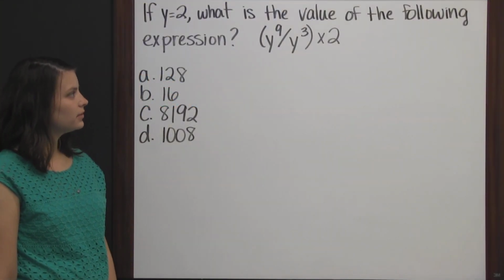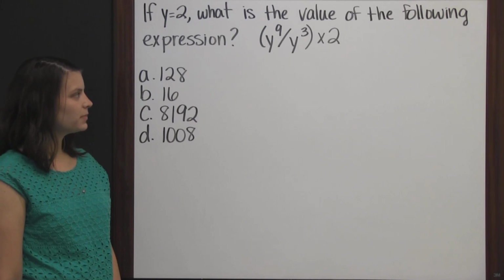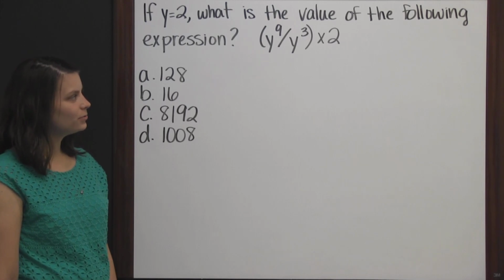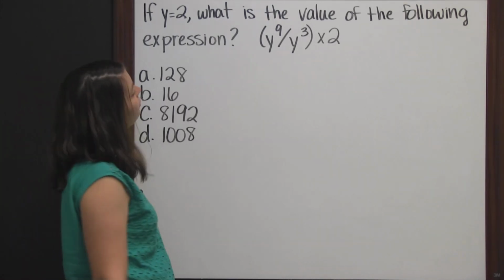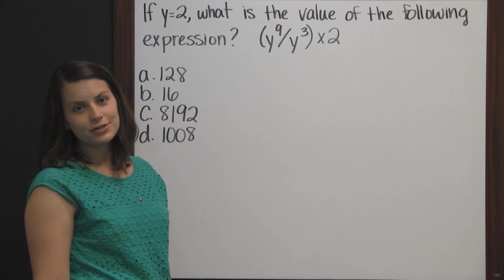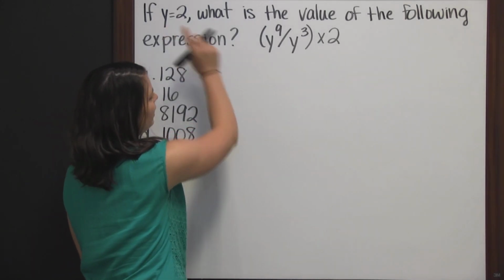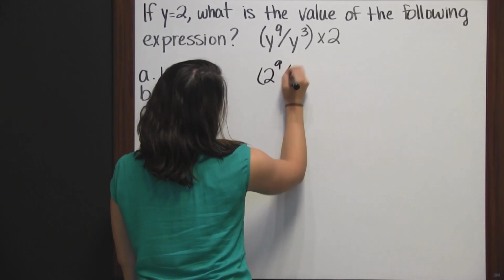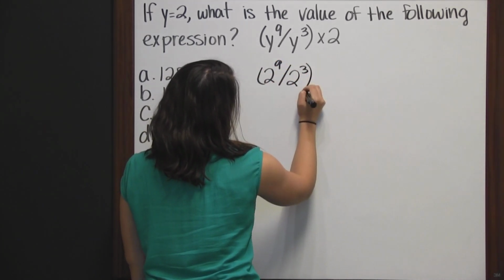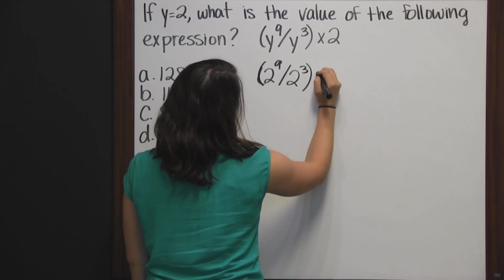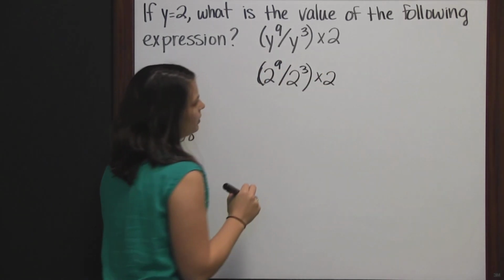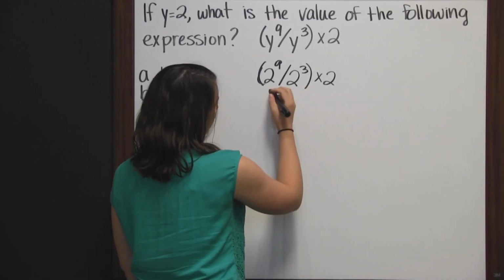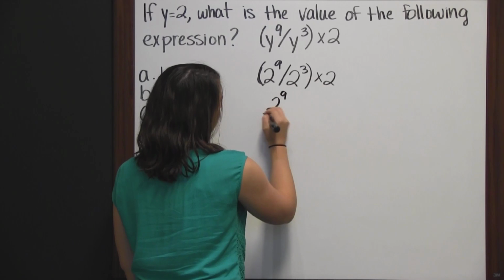If y equals 2, what is the value of the following expression? The quantity y to the 9th divided by y cubed times 2. The first thing we need to do is substitute 2 for y in our expression. So it becomes 2 to the 9th divided by 2 cubed, and that quantity times 2. And what I want to do is rewrite it. I prefer my fractions to be stacked, so I'm going to rewrite this as 2 to the 9th divided by